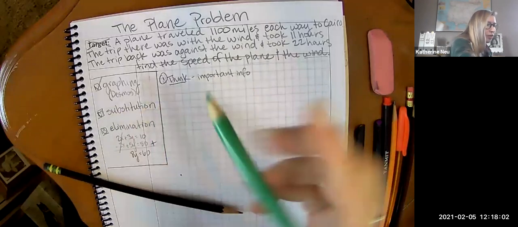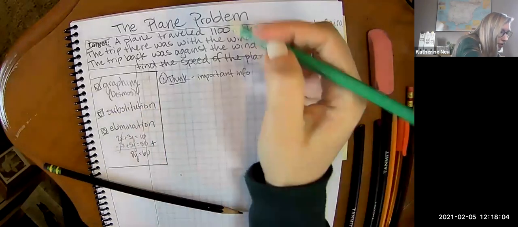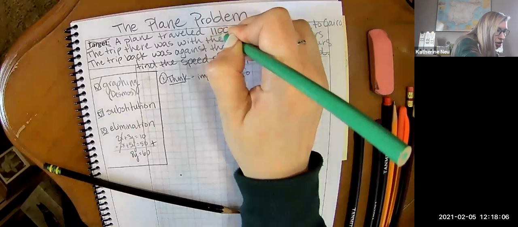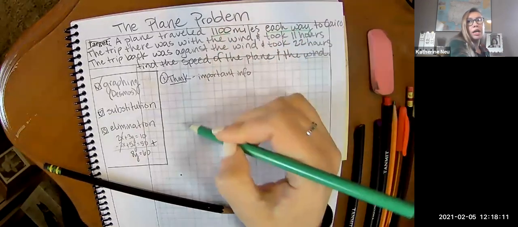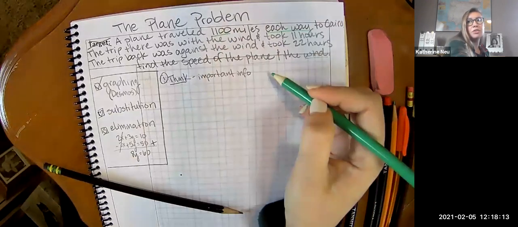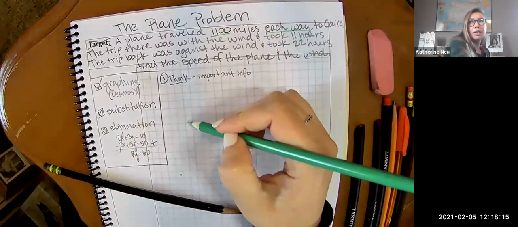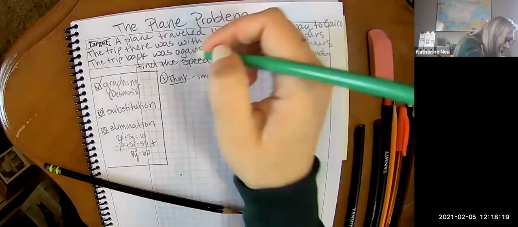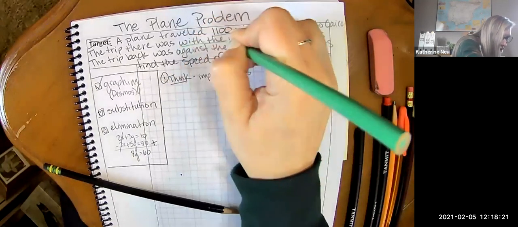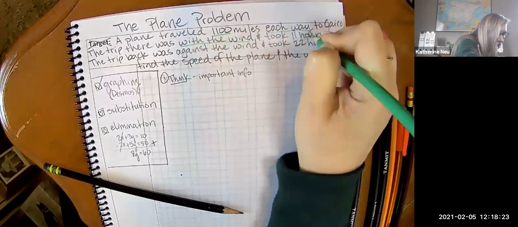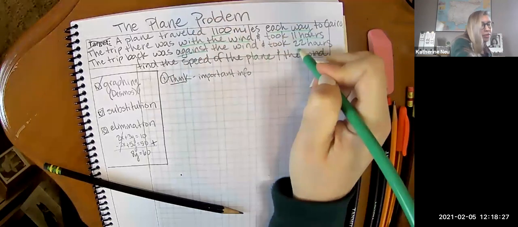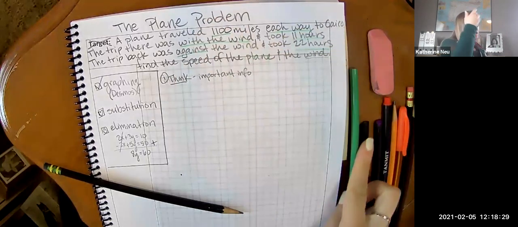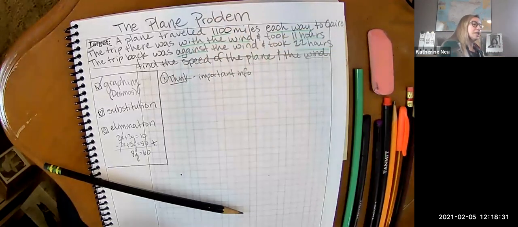So the plane travels 1,100 miles just to go one way, right? So each way. It starts somewhere, it goes 1,100 miles one way, and then it's traveling 1,100 miles back. So that's really important. And then with the wind, it is 11 hours. Against the wind, it's 22 hours. So one way to look at this, or one way to set these up,